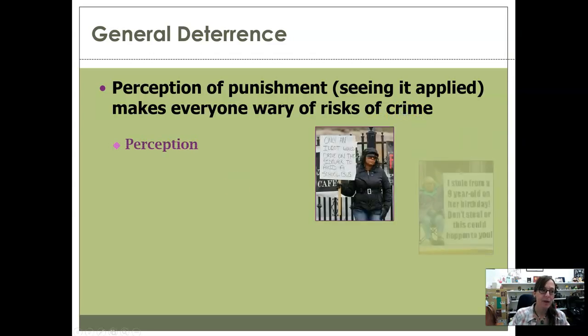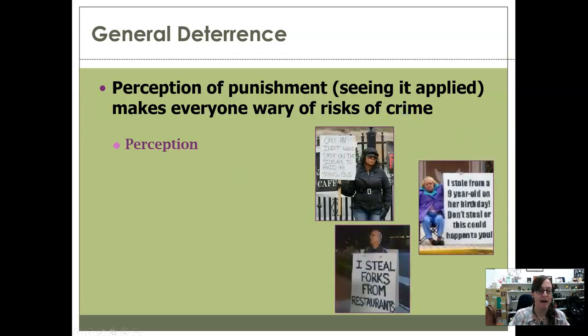So the biggest thing is that it is all about perception. And deterrence, whether we're talking about general or specific, which we'll get to next, is all about the perception. It's about what people think will happen if they commit the crime, the possibilities of punishment rather than the actual punishment that might happen. So if people think that they'll be punished and that punishment will be a bad thing, they just won't commit